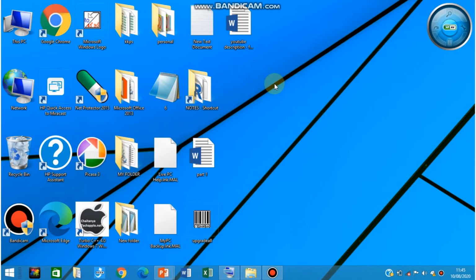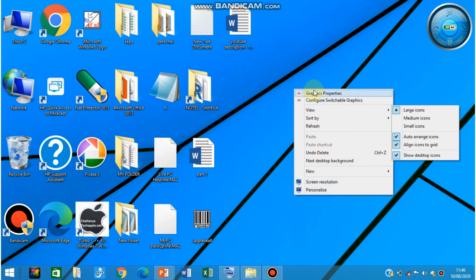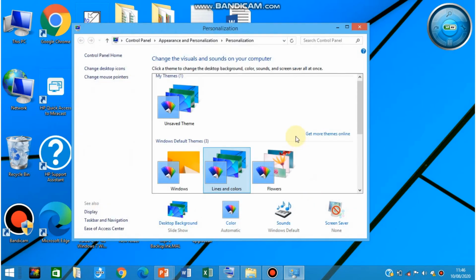On the desktop, in any blank area, right click, and from the list that appears after right clicking, choose Personalize, and a personalization dialog box appears on the screen.